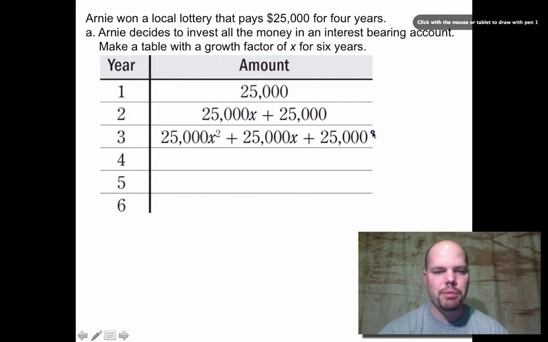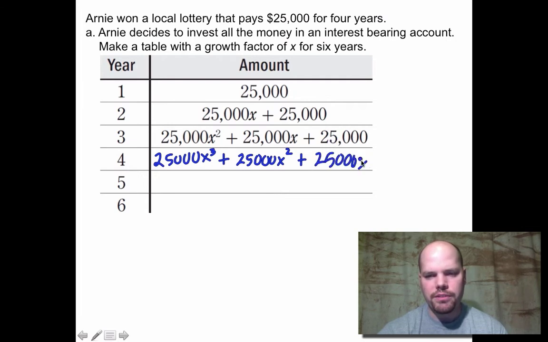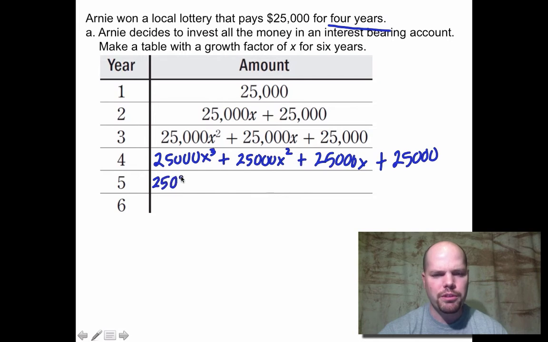So you can see the pattern here. So the $25,000 originally has now been in there 3 years on the fourth year. From the second year, that's now been in there 2 years, so it gets a growth factor of X squared, plus this amount right here on the third year has been in there 1 year, 25,000X, plus 25,000. Now, they only got 4 years worth of payments, so now there's going to be no more adding 25,000. It's going to be 25,000X to the fourth, plus